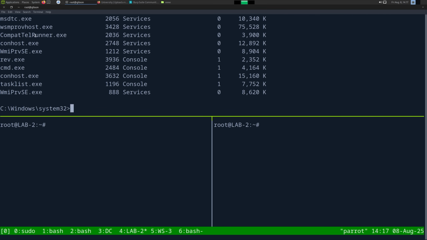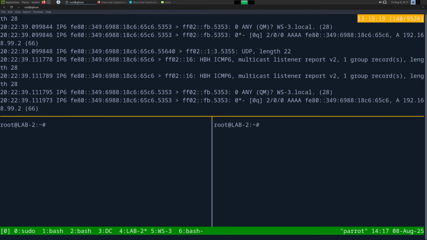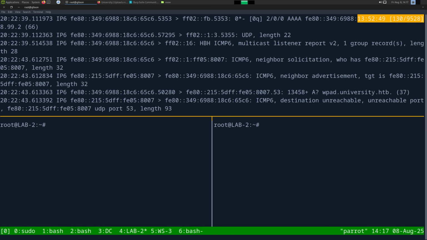So this piece up here is all optional. This is just so we can do the DNS request really quickly. When I showed it earlier with the TCP dump, we saw the server reaching out over its IPv6 link-local address, the FE80 ones, and it's asking for wpad. And because it's unconstrained delegation, if we respond to this request and say, hey, we're this box, then we can